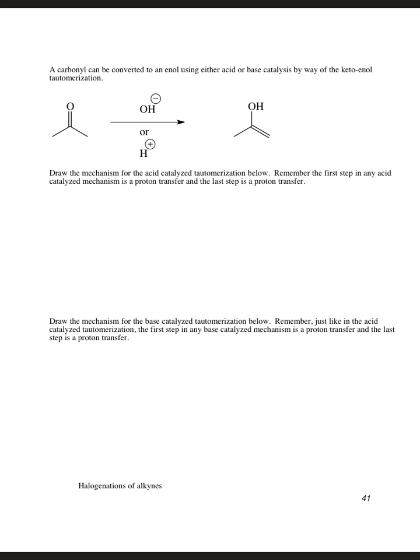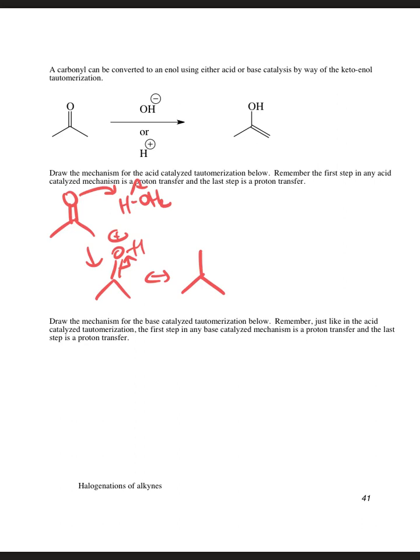So how do we draw this mechanism going from the ketone form to the enol form? If we're in acid, we have to protonate the carbonyl first. We can draw a resonance structure, moving the positive charge to the carbon, and then we can have water remove the extra hydrogen to form the enol. Okay,